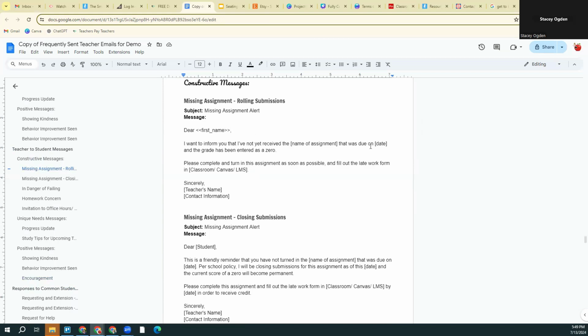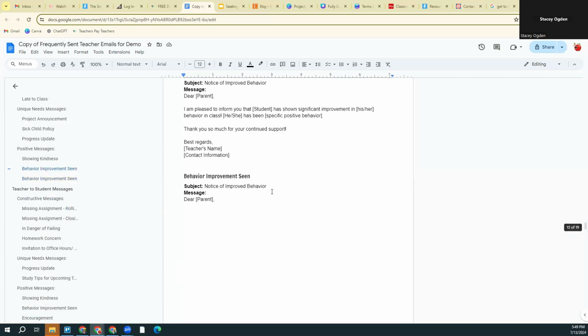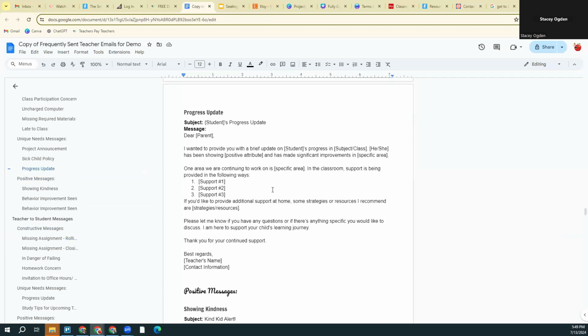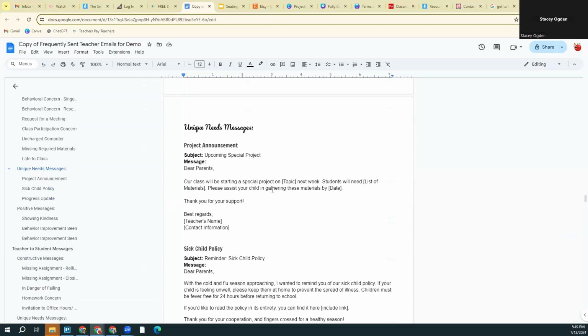This stuff like the name of the assignment and the due date, maybe they have those, maybe they don't. You can adjust this classroom Canvas element. Like you don't need to have this option there. You can customize this as you go. And obviously your name and contact information, you can customize as you go. So you can customize this inside this document, and that way as you're copying and pasting,